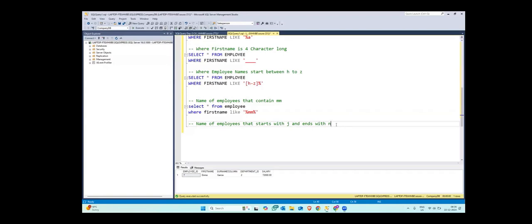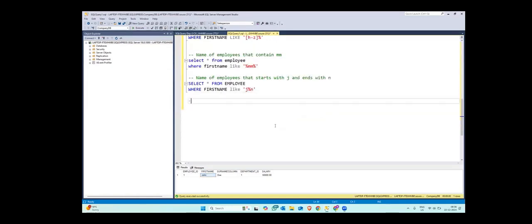Okay, so students have shared. Let me just copy paste one of the solutions. It starts with J and ends with N, and that John is there. So these are two questions. I'll further give you two more questions. So I will give you, let us say,